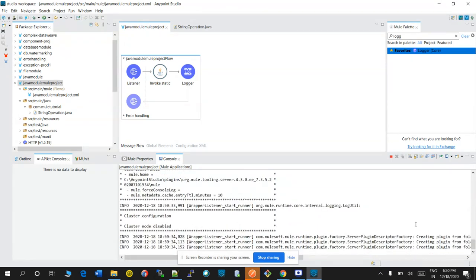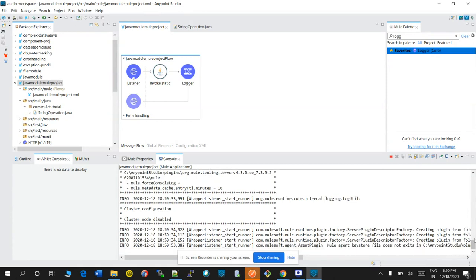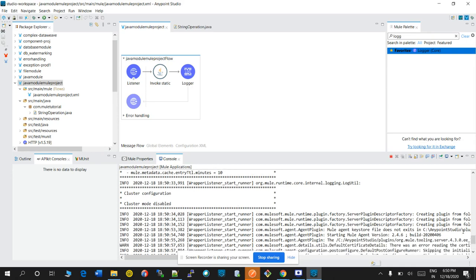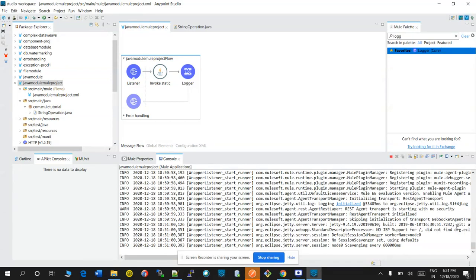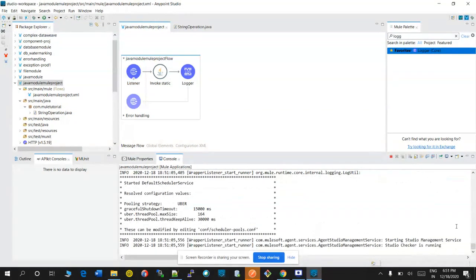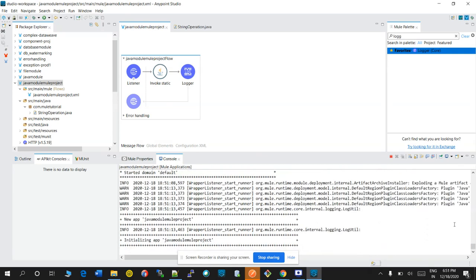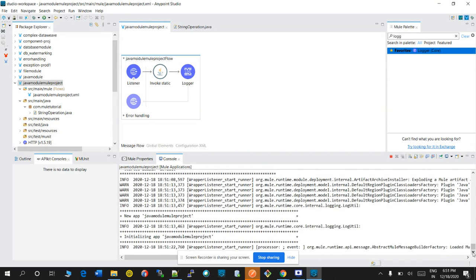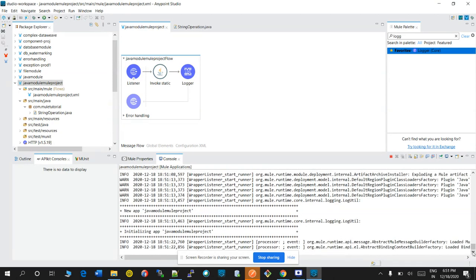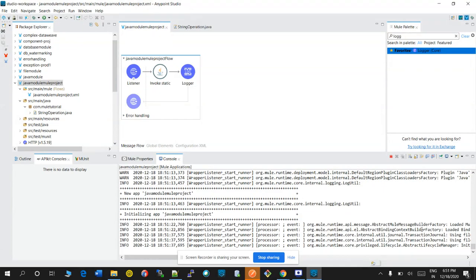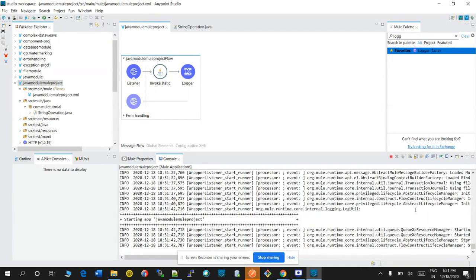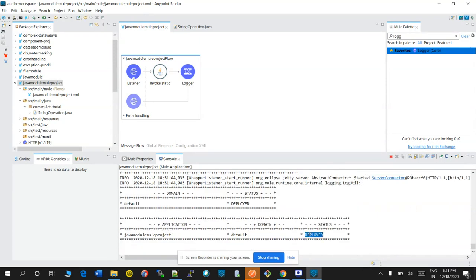Wait for the deployment. Wait for a few seconds. Yeah, it is deployed successfully.